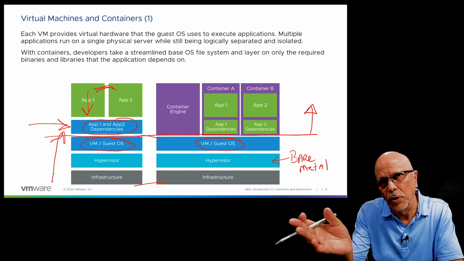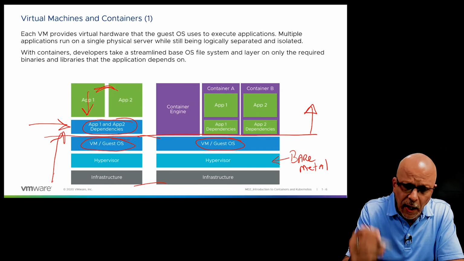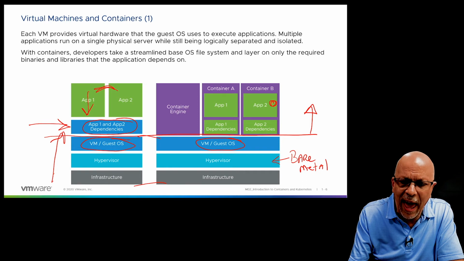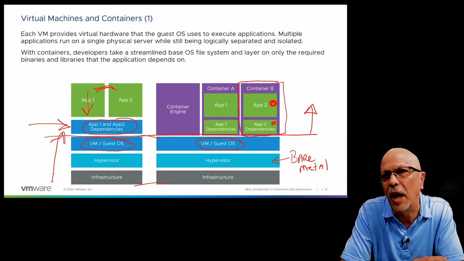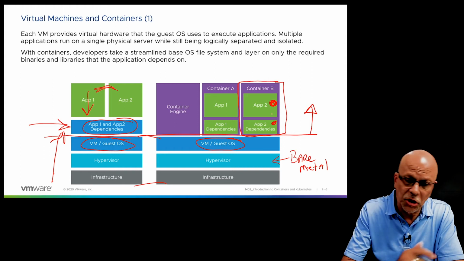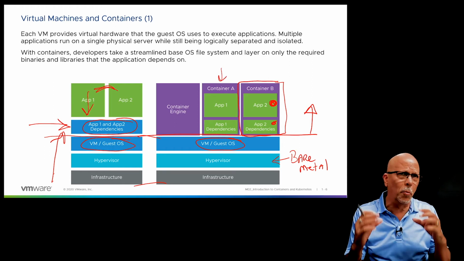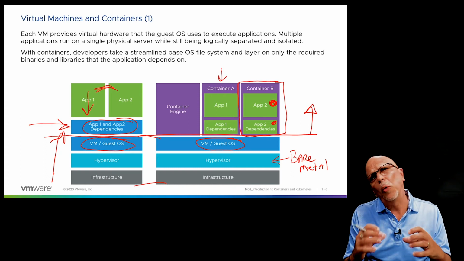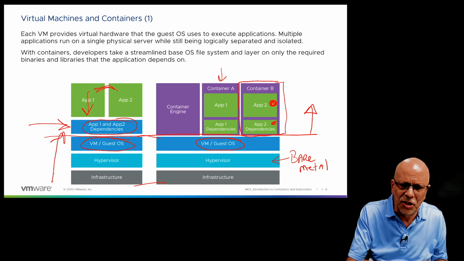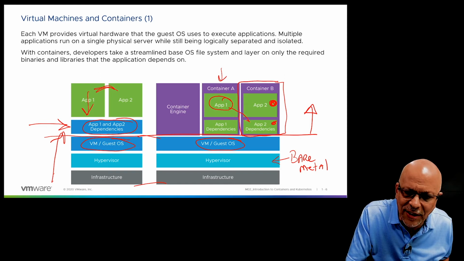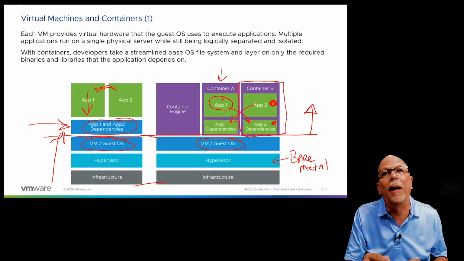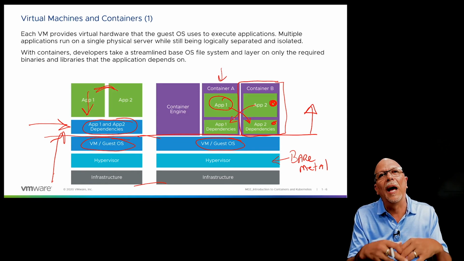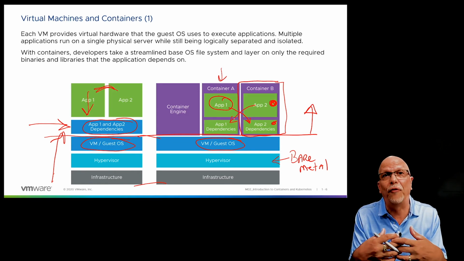Compare that now to containers over on the right-hand side. Inside here, you'll notice our app 2 is built inside this purple box that has app 2 dependencies inside of container B. Same thing's true over here with container A. It's in its own box. That's going to be my container image. So in the image are the dependencies, and app 1 here can't see app 2's dependencies. And app 2 can't see app 1's dependencies, which, hallelujah, means we now don't have this dependency conflict that would